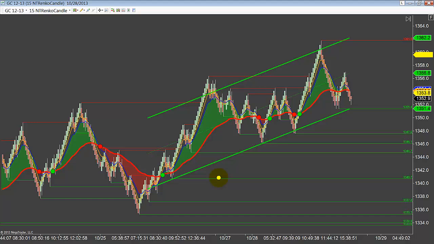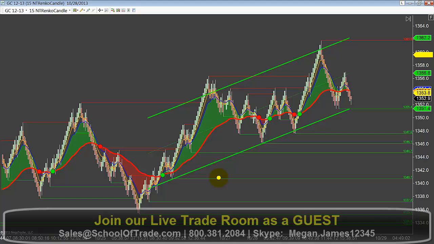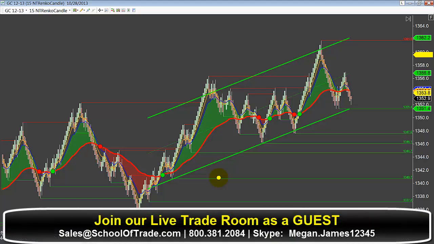Okay? So we've all heard this before, right? Trend is your friend. And then what was the second thing? Buy at support, sell at resistance, right? That's day trading 101. But again, it's so easy to read it in a book, and then you come in and the market's moving quickly and you can't make the decisions. Well, that's why I'm here, right? Think of me as your tour guide every day in the trade room.